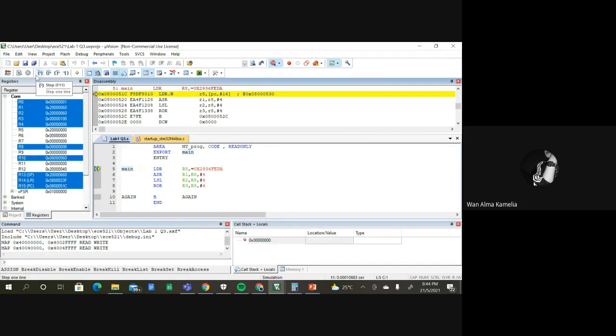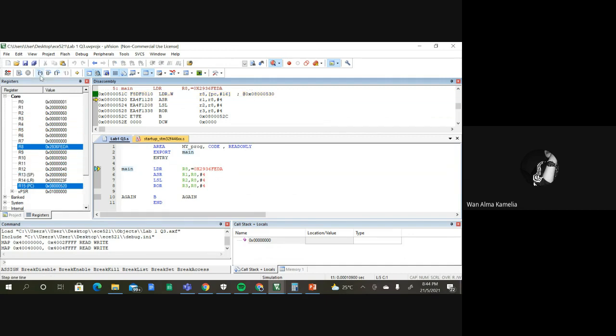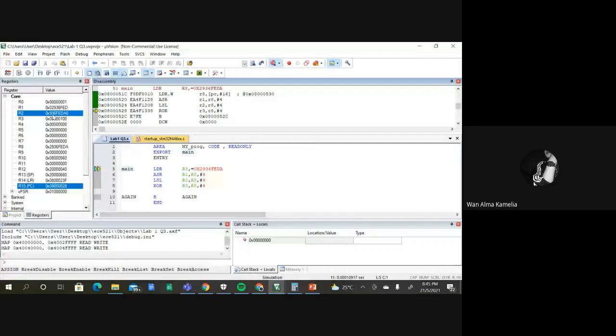And then we set up R8 to 0x2936FEDA. Okay, it will appear like this. After that, R1 is 0x02936FED. And then R2 is 0x936FEDA0. After that, for R3,